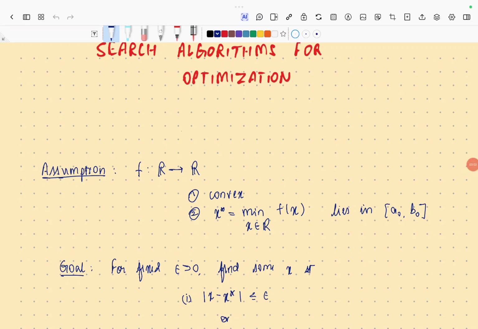Okay, so in the last class, we looked at conditions for a point being a local minimum, right? And we saw first and second order necessary conditions. In the case of convex functions, we saw that the first order necessary condition is also in some sense sufficient. So if you have an interior point within a constraint set and the derivative or the gradient happens to be